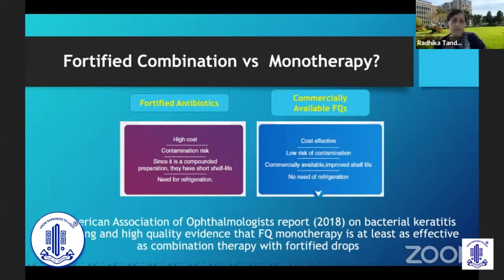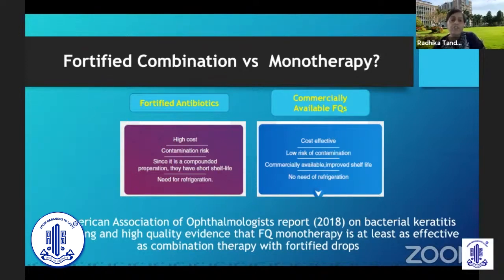But there are disadvantages. There is a high cost. And the other thing is there is a contamination risk. So this has to be prepared. And not everybody has access to a pharmacy which will prepare and dispense it. So largely many ophthalmologists will just have to prepare it themselves. And it is compounded and they have a short shelf life, which again is a disadvantage because it's not very